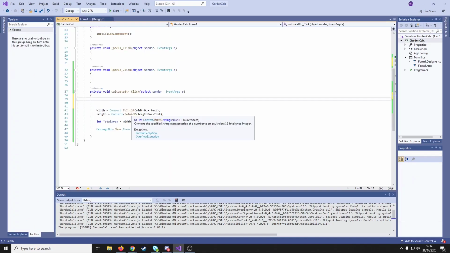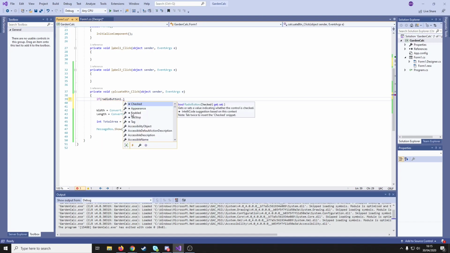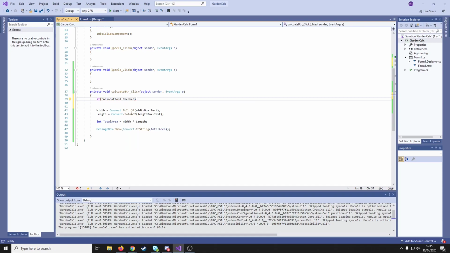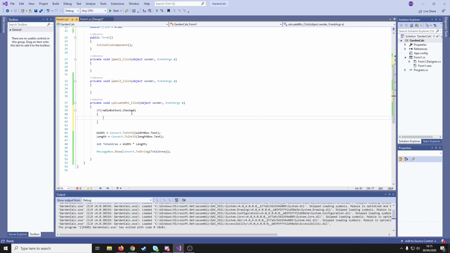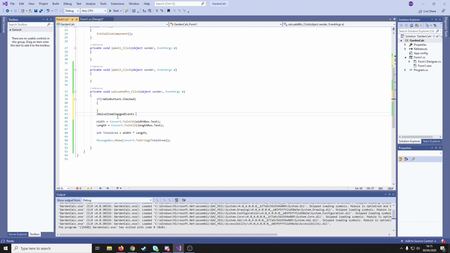And what we're going to do is go: if radio button 1 dot checked, we will make it so that we're going to be using the EcoTurf price, and if radio button 2 dot checked,